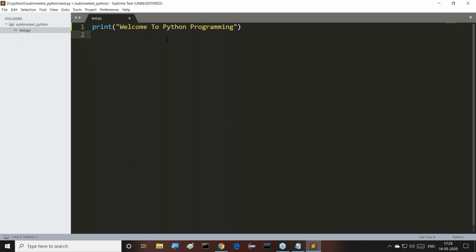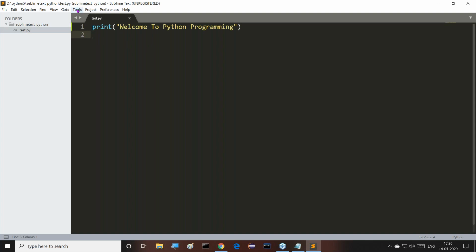Now we provided this, so Control S for saving. We saved this and I want to run it. Observe this clearly. Before running this, first of all we have to specify which environment we want to run this program with. I want to run this program with Python, so with the Python interpreter I want to execute this Python program.